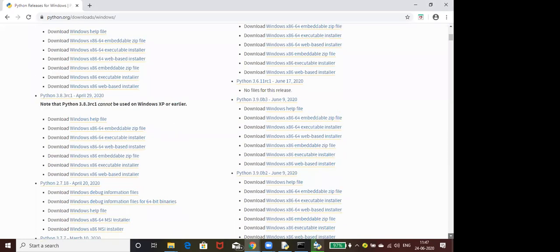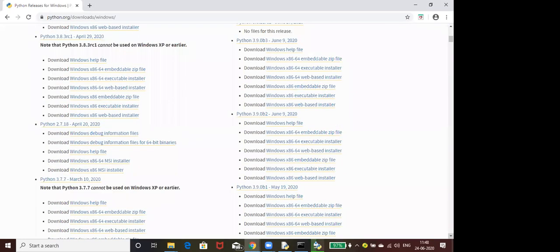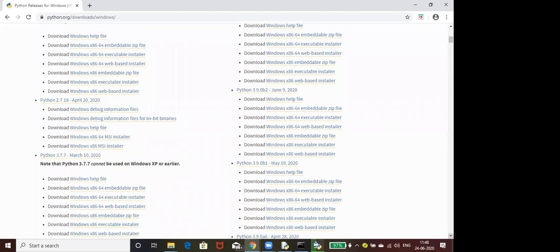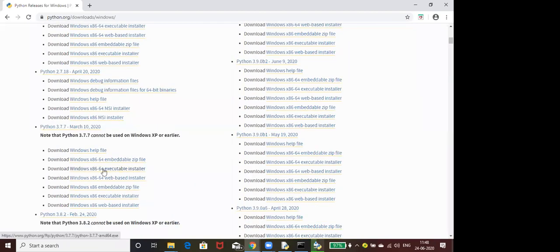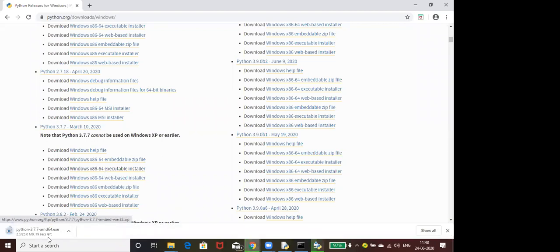Scroll down and in 3.7 version, 3.7.7, click on download Windows x86-64 executable installer. Click on that one. So it will download that .exe file.